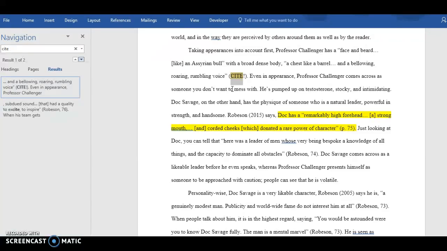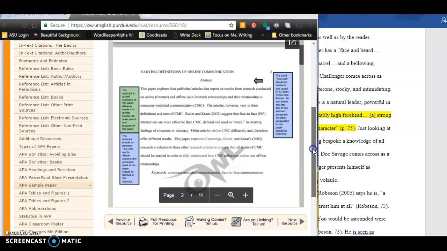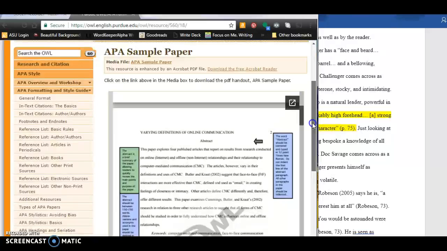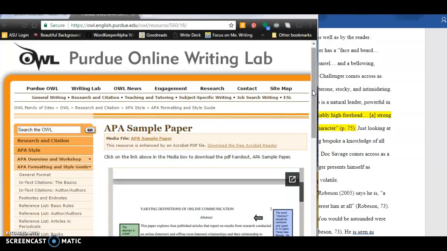All right, so we had already looked at Purdue OWL, and I just wanted to again point out this website. It's one of the best places I know of to find information on formatting or grammar or writing in general. This is the online writing lab at Purdue University, and it's a vast resource that will help you write every paper that you need to in your college career. Here at the top left, there's a search bar. So you can type in any topic that you need help with, and they'll most likely have something that will help you. So I could type in like cite